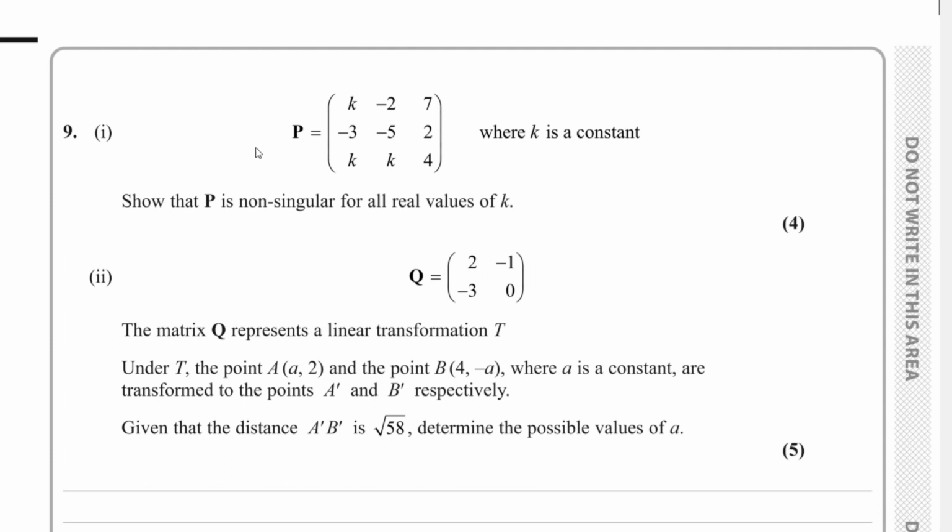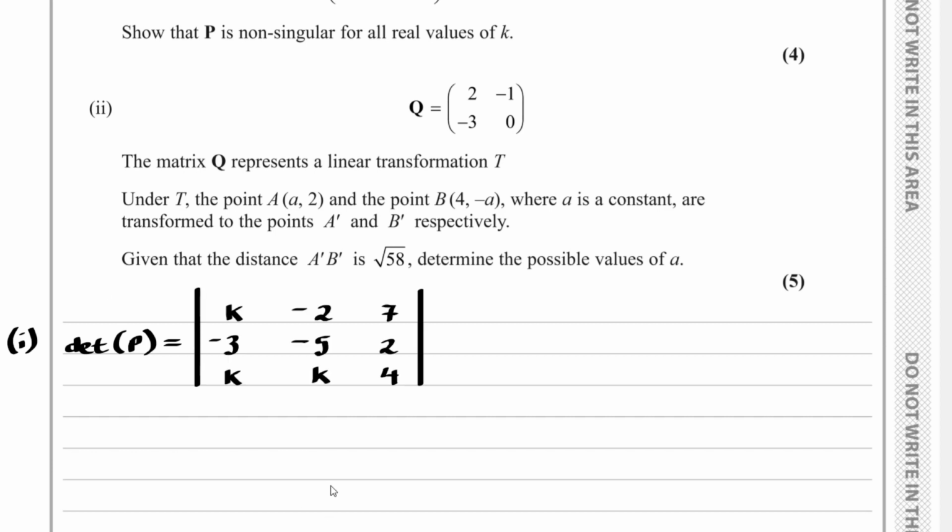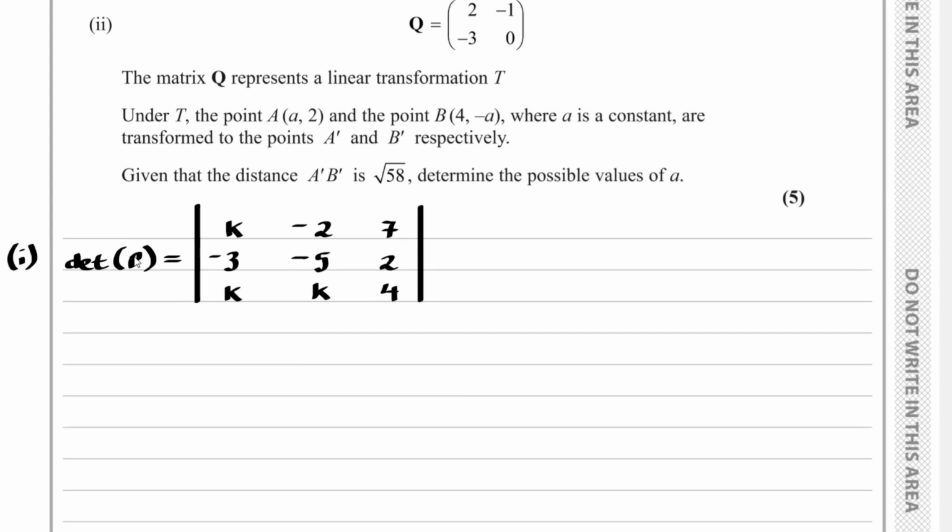Question 9. For the first part, we have this matrix P, k, negative 3k, negative 2, negative 5k, 7, 2, 4, where k is a constant. We have to show that P is non-singular for all real values of k. To attempt this question, what we need to do is find the determinant of P, and the determinant of P is shown here. And if we work this out expanding along the top row,